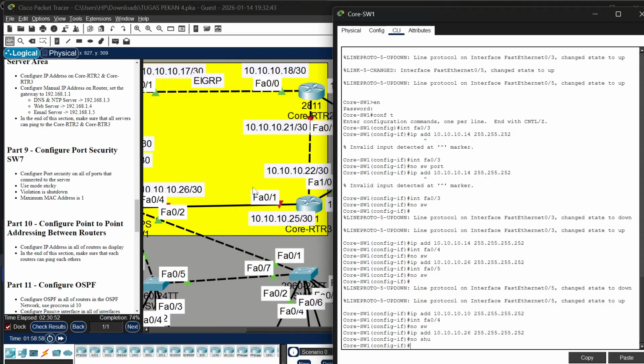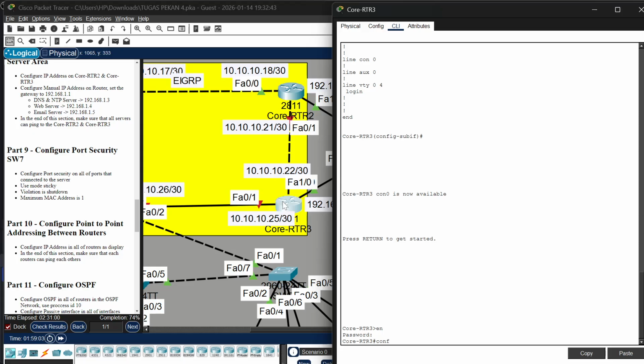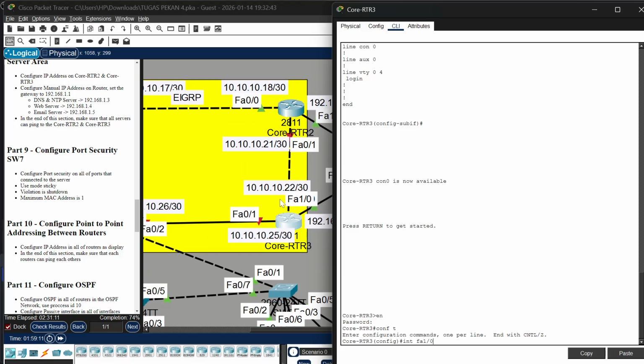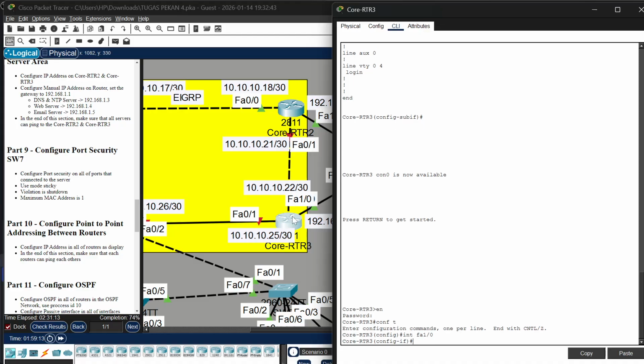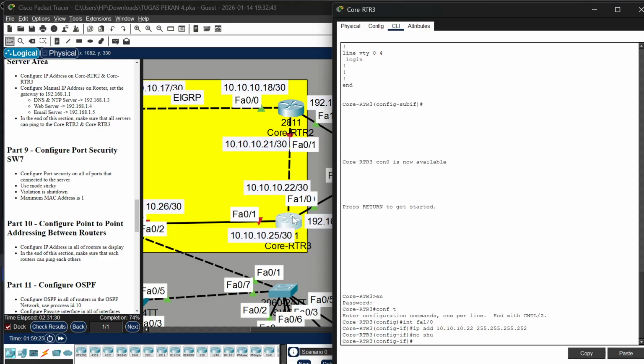And now we go to the router 3, enable Cisco, configure terminal, go to the interface, FastEthernet 1/0 for the up, IP address 10.10.10.22 255.255.255.252, no shutdown,